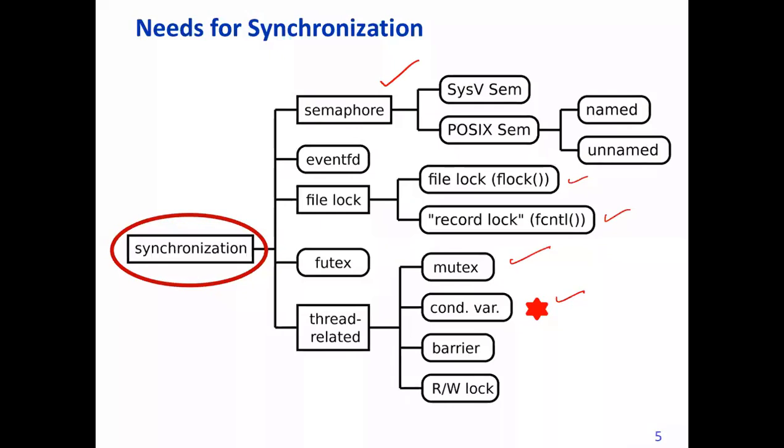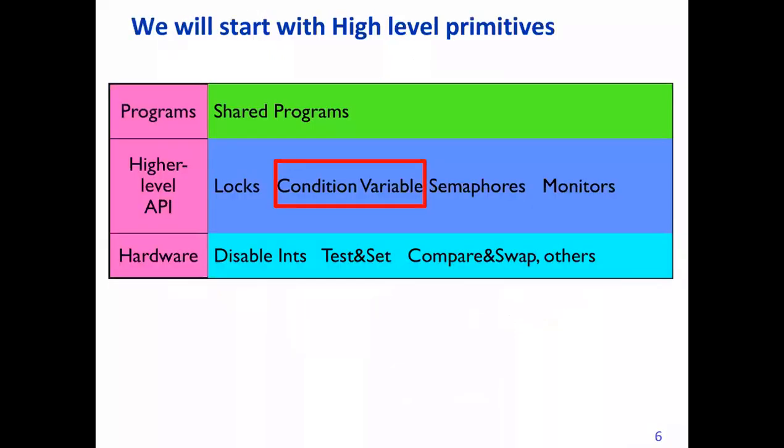By now you understand why we need to synchronize, because we have taken up more than 3 examples, rather 4 examples, just to emphasize the need for synchronization when threads are used, or concurrent execution of processes is required. So this is where we are. We have studied locks. Now we are going to study condition variables. In the next class, we'll study semaphores.